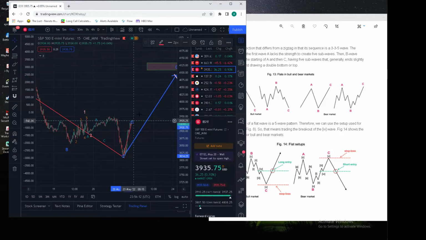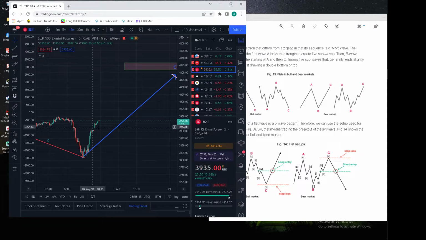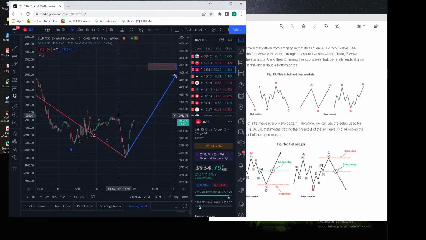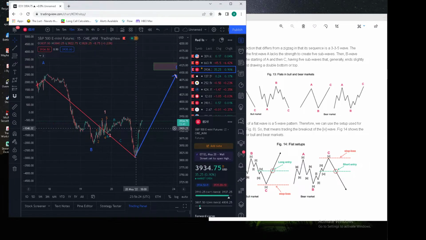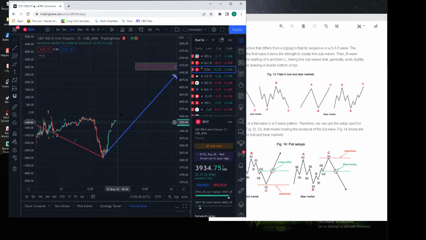So futures is kind of climbing here. Depending on, see, we don't know where wave 1 definitively ends, so it's going to be kind of like guessing in the dark based off of support areas, right? So what I'm kind of thinking is we had a nice run here. So now